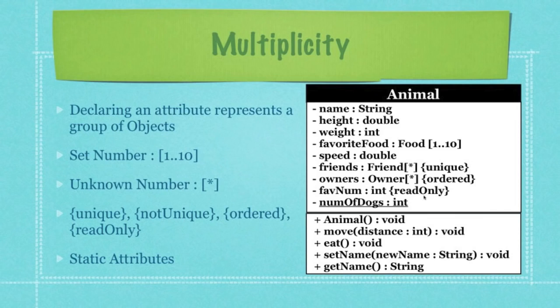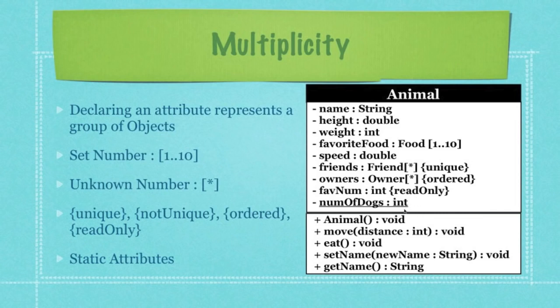with an uppercase U. Then again, you can see here, if each animal object is going to have a whole bunch of owners, however, we have no idea how many, and we'd like to list them in the order of ownership, we would put this as an ordered grouping. And if we would like to list a favorite number and then say that animal object can never change it, in that situation, we would list that number as read-only, which just simply means once it's set, it cannot be